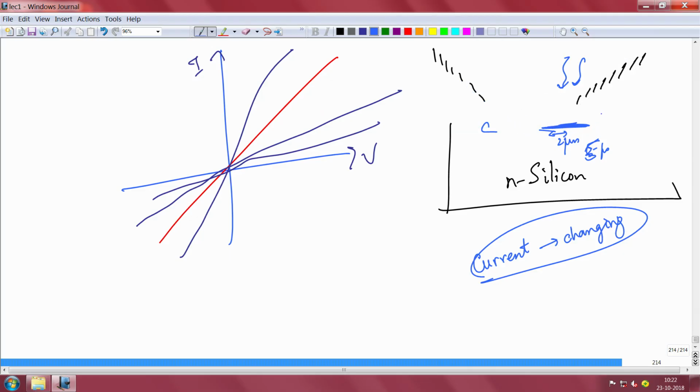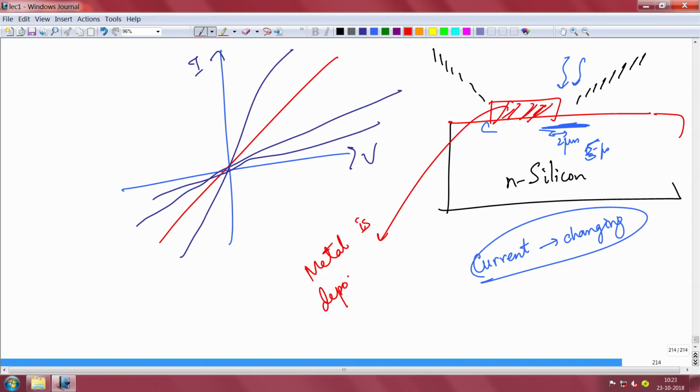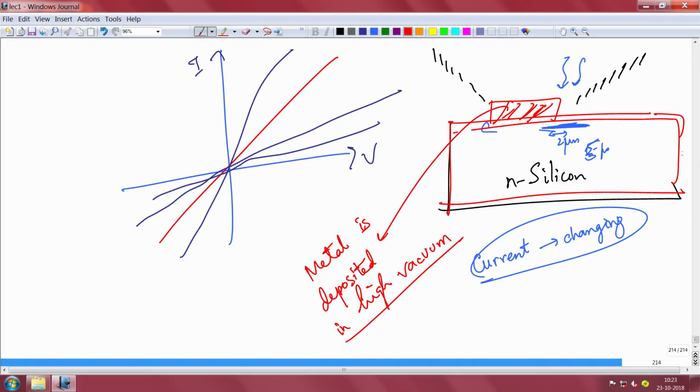Hence what you do is that you put a metal pad, and this metal is deposited in reality, okay. This metal is deposited in ultra high vacuum, or you can say high vacuum. So you put it in a chamber called an E-beam evaporator or sputtering or something. You pump down so that the pressure becomes low in the chamber where you have put the wafer, and the background impurity reduces when the pressure becomes lower. It becomes vacuum, and once it becomes vacuum, you evaporate the metal or sputter the metal. There are methods to do that.